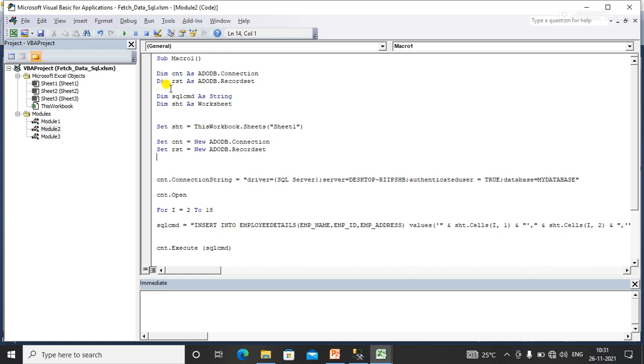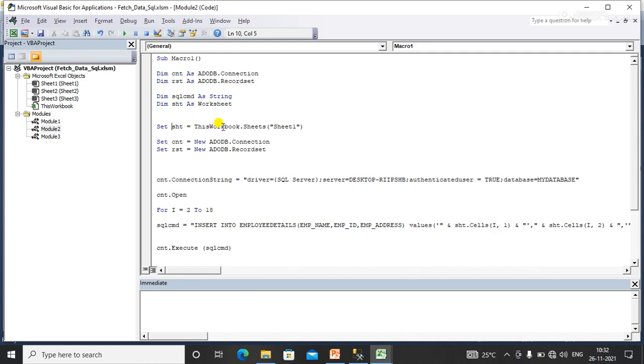Here I have declared two objects: CNT as ADODB.Connection, and RST as ADODB.Recordset to get the record set from the database. Here I have declared a string, SQL command, and one object of type worksheet.